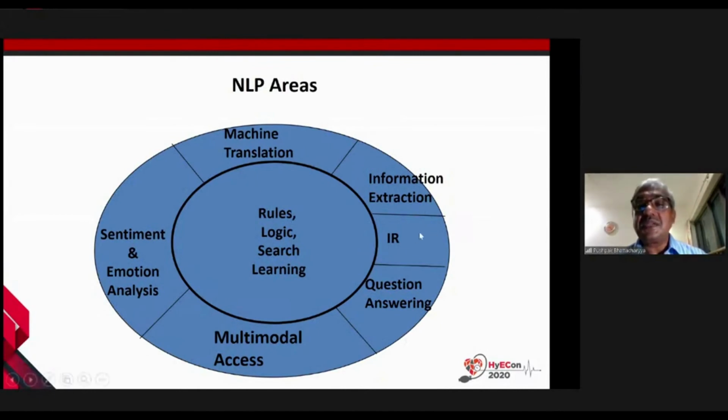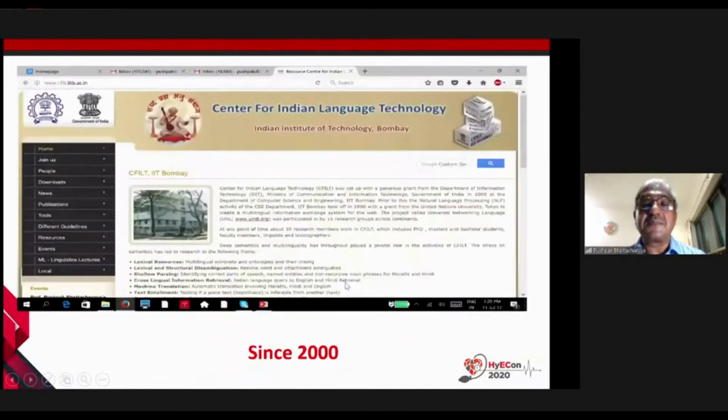So natural language processing is divided into many important areas. Many of you might have used machine translation. We do information search all the time, that is information retrieval, question answering. A patient's questions can be answered by a chatbot, saving the doctor a lot of time. So those kinds of problems are very practical and very useful, coming from natural language processing.